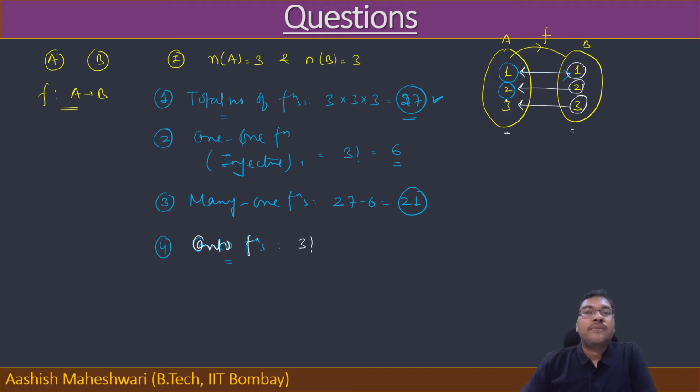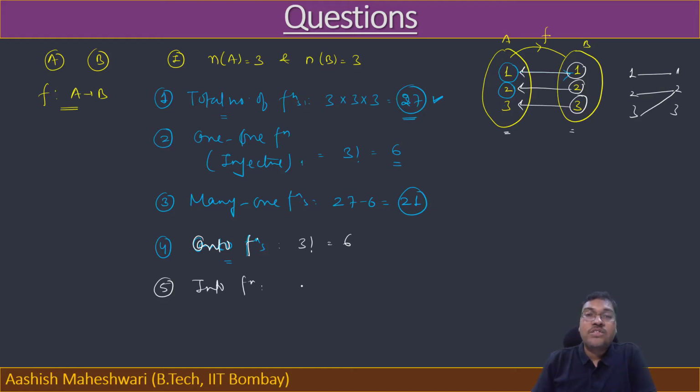to 3 elements here, right? We cannot have this kind of relation 1 2 3 and this is 1 2 3. We cannot have this kind of scenario, because this will not be an onto function, this will be an into function, correct? So number of elements here are same, then you can say this is 3 factorial, which is again 6. So total number of onto functions you have, that is